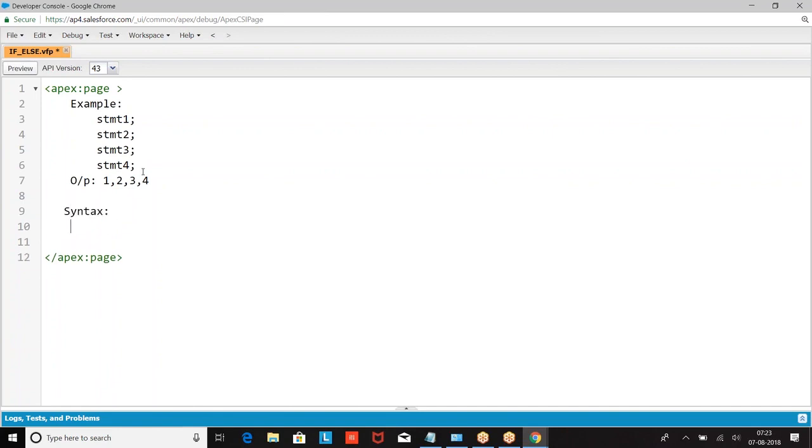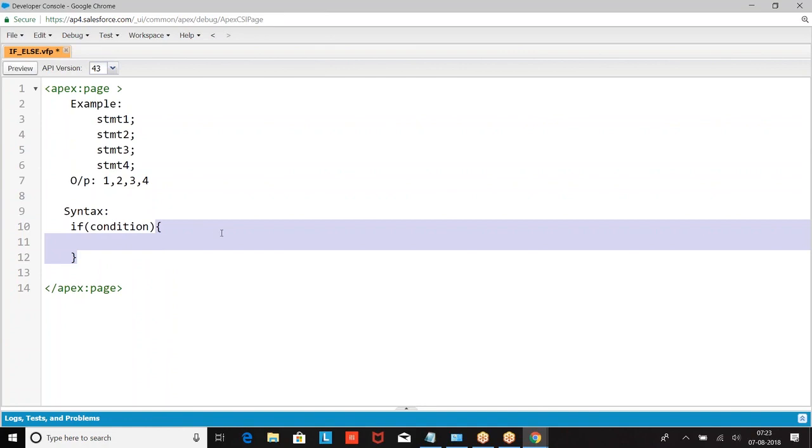If I have the syntax: statement 1, if condition. Now what is this flower bracket called? Scope of if. When the condition is true, run the scope of if.